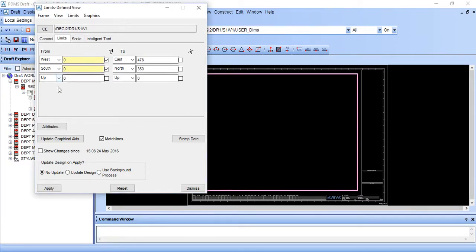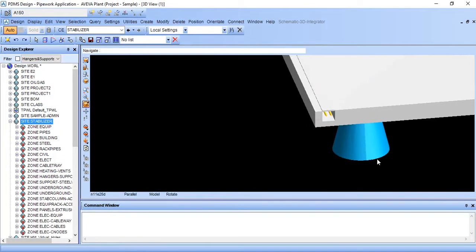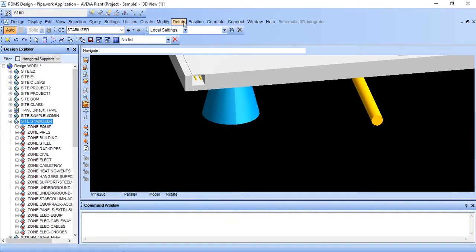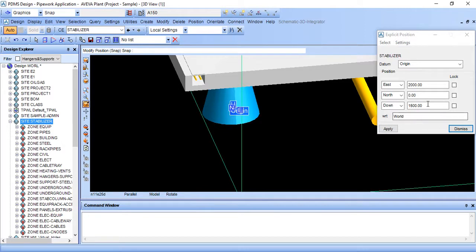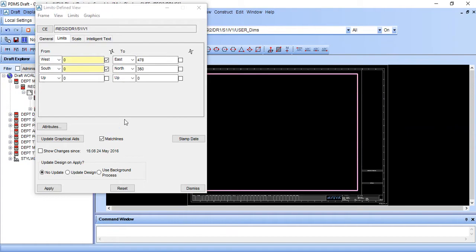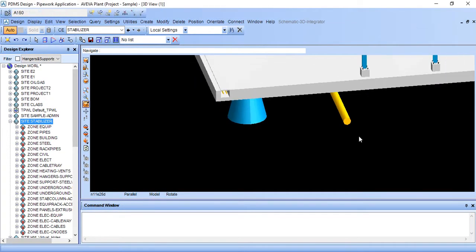After this we want the up or down side. Just go in our design module, position explicitly, and make sure your selection is on graphics. Select center. So the downward direction is 1500. Go here, 1500 down, lock this and dismiss this.